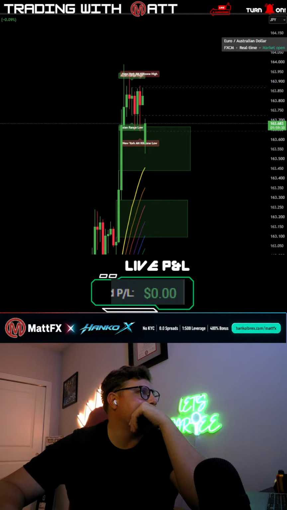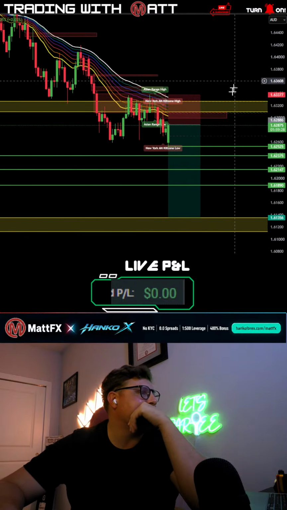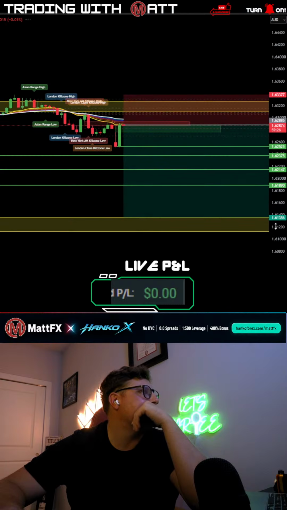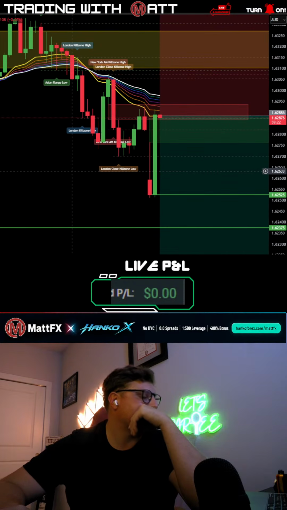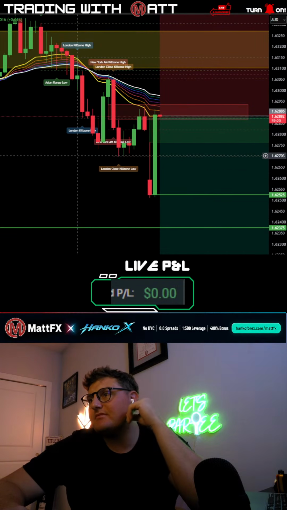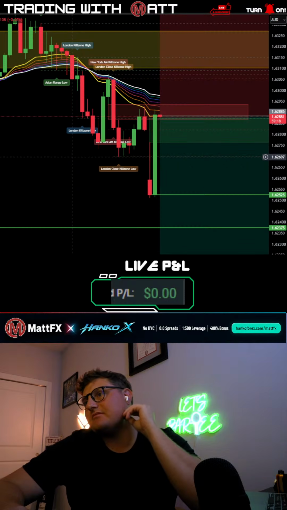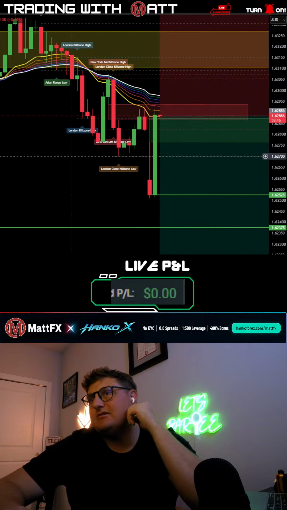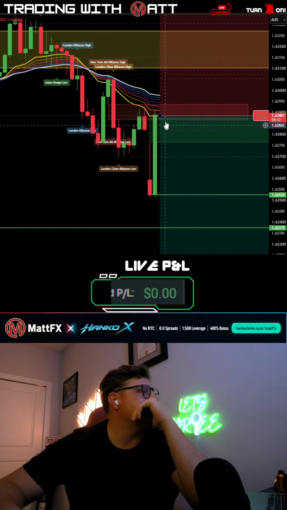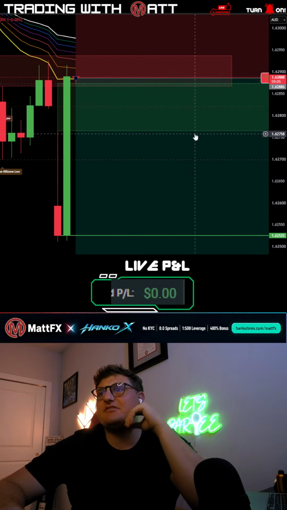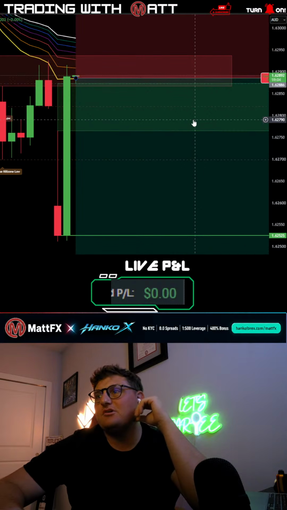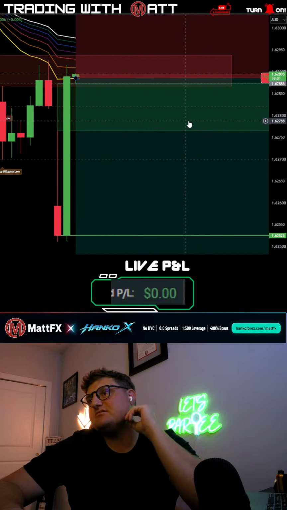It gapped up. I just don't like that chart. Don't like the chart at all. Yeah, 7 p.m. hype. We're going to see what this candle does. It's in between two fair value gaps on the 1 hour. See, you've got a red fair value gap and a green fair value gap right there. So we want to see which one it breaks.